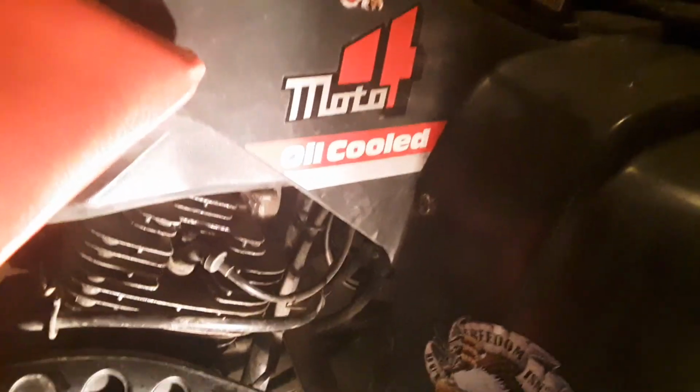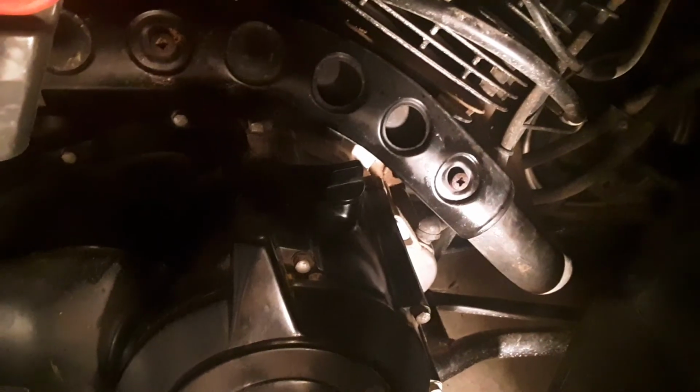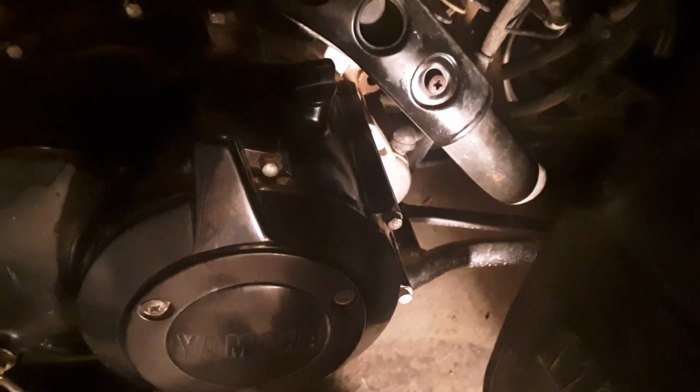And you just want to be careful on what you do, what you put in your vehicles, because a lot of people on YouTube are putting the incorrect stuff in their vehicles, and it can ruin them. You can get this stuff